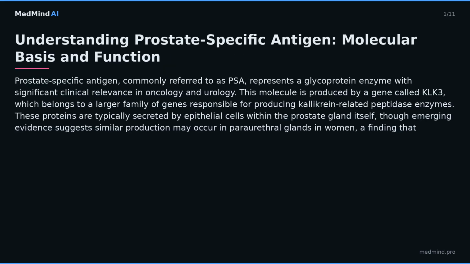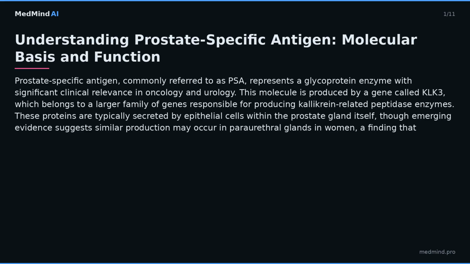Understanding prostate-specific antigen, molecular basis and function. Prostate-specific antigen, commonly referred to as PSA, represents a glycoprotein enzyme with significant clinical relevance in oncology and urology. This molecule is produced by a gene called KLK3, which belongs to a larger family of genes responsible for producing kallikrein-related peptidase enzymes. These proteins are typically secreted by epithelial cells within the prostate gland itself, though emerging evidence suggests